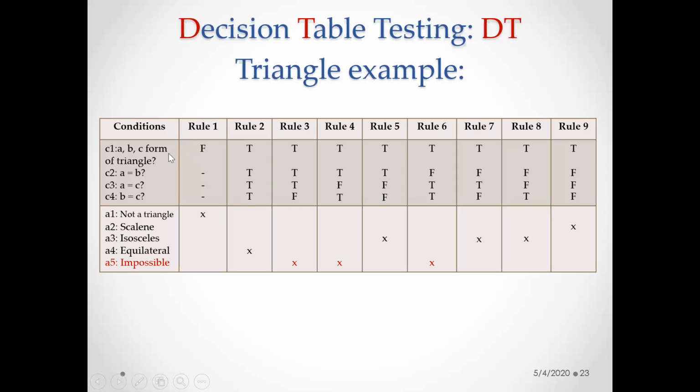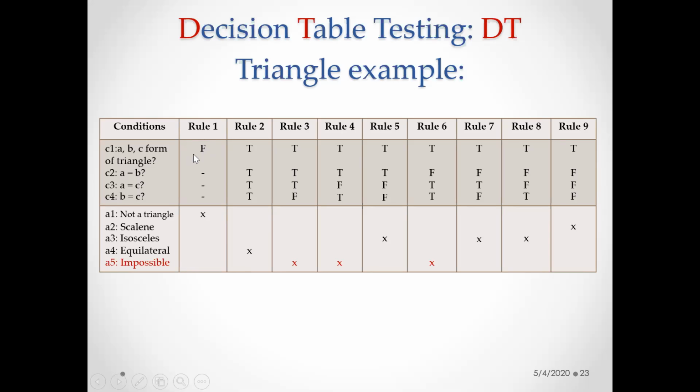Okay, so what they are saying is A, B, C. They have taken 4 particular conditions over here. The 4 conditions: do A, B, C form a triangle or not, that's what I'm saying. That is nothing but A is less than B plus C, B is less than C plus A, C is less than A plus B. So if all these conditions are satisfied, then rule 1 will be, or the first condition, if it is satisfied, what happens?